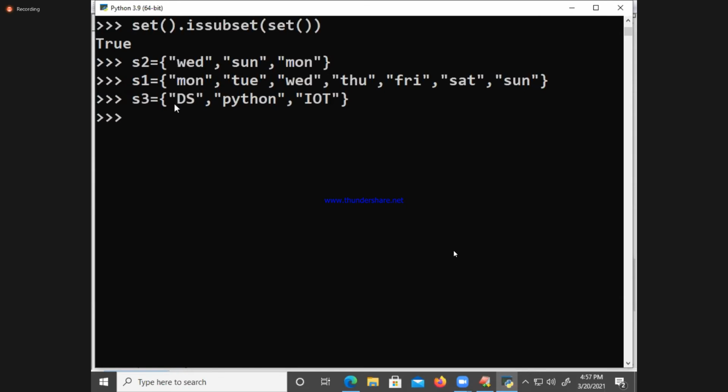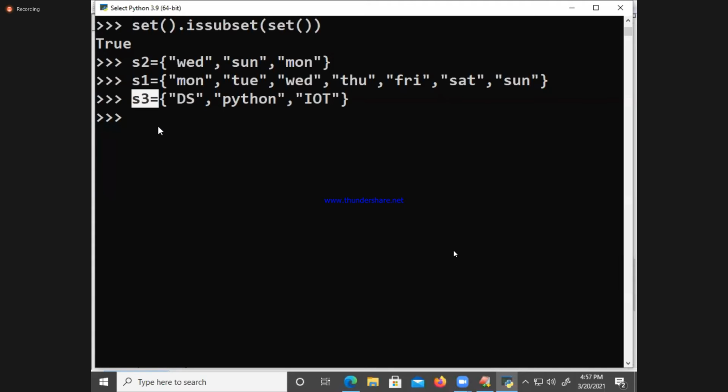Is there any relation between S1 and S3? They are called disjoint sets. Disjoint means different sets. How do you decide whether it is disjoint or joint? By using a function called isdisjoint.